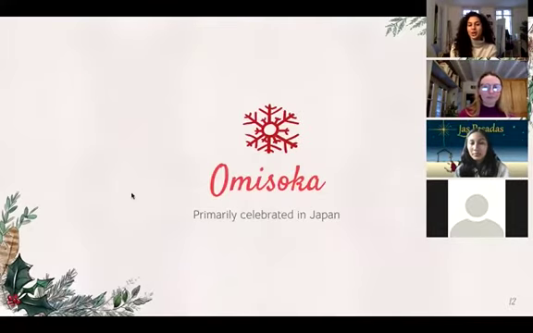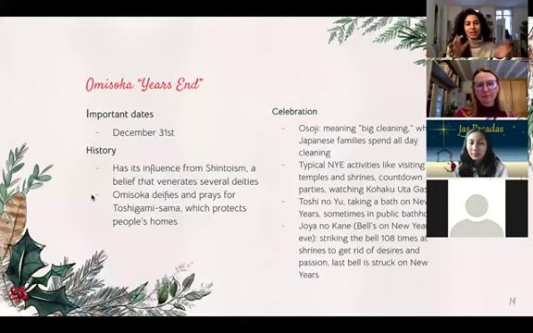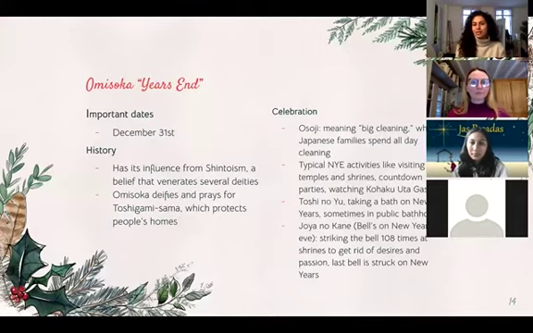Now I'm going to be discussing Omisoka, which is a holiday primarily celebrated in Japan. And the next picture has lanterns and strings of lights. This holiday takes place on December 31st, so New Year's Eve. A lot of the activities they do in Omisoka are similar to how we would celebrate New Year's Eve